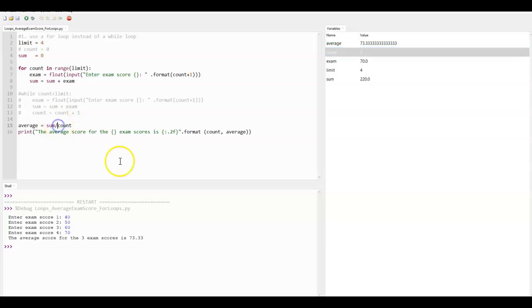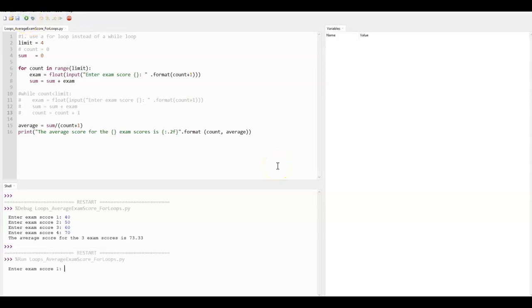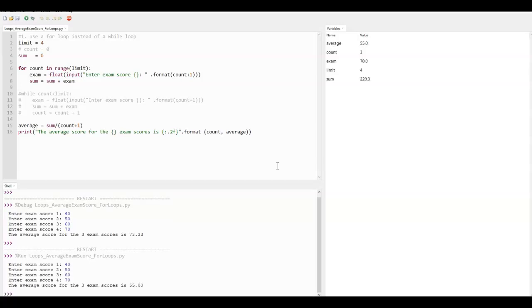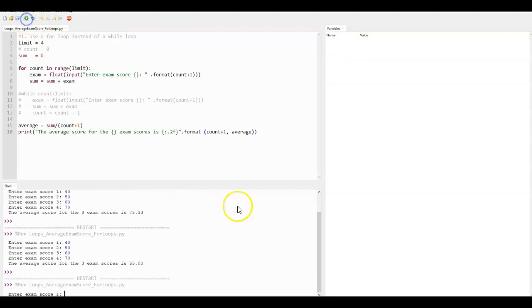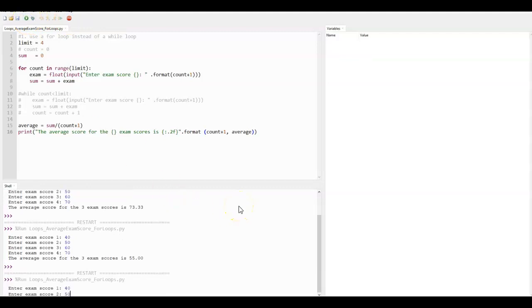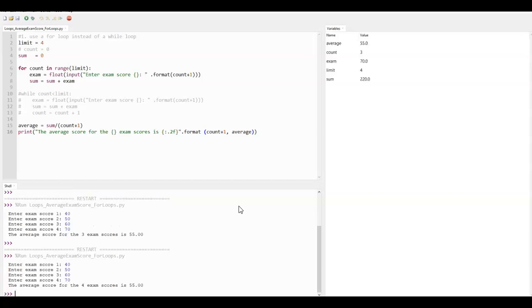So in this particular case, when you want to divide, you want to make sure that you're dividing by count plus 1, not by count only, because count would stop at 3 and we need 1 more. Again, the issue is here we're starting to count at 0, so we stop 1 short. So I'm going to repeat now the same program and see if we're able to get the correct score. Okay, so now it gave me 55, and it's still showing 3 exam scores because over here I should write count plus 1. Okay, apply, try it one more time, 40, 50, 60, and 70,